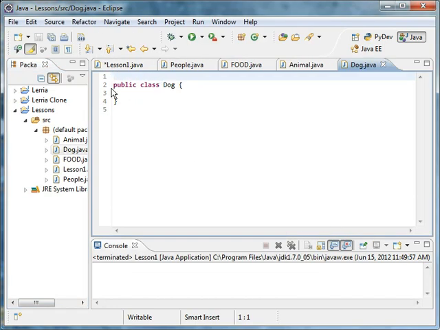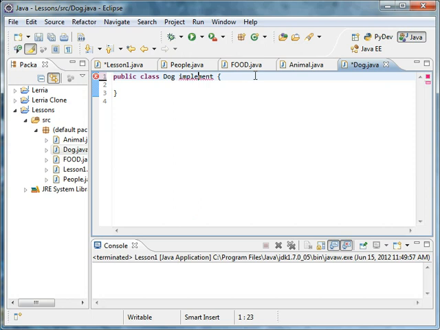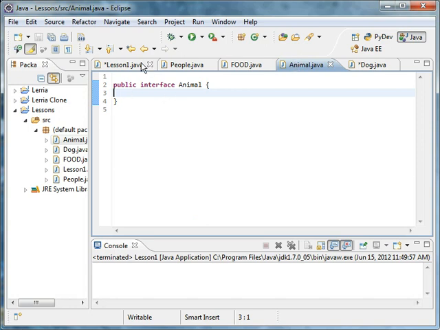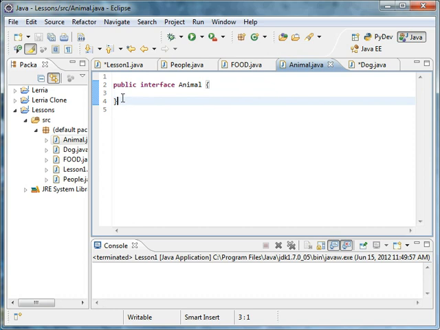So we have Dog, and we're going to make this implements. How come that's not spelled right? Oh, implements. Oh God. Animal, right? Okay, so this is a great interface, whatever, but as you can see in Animal, you have these brackets,